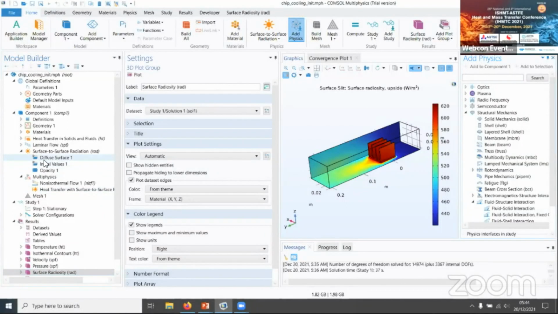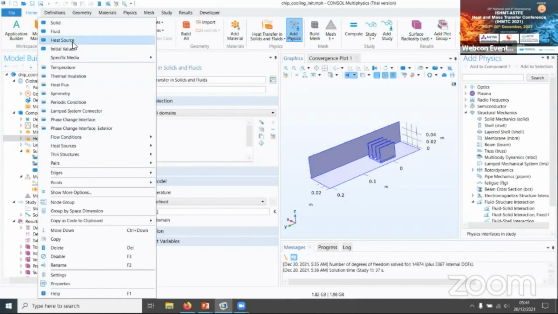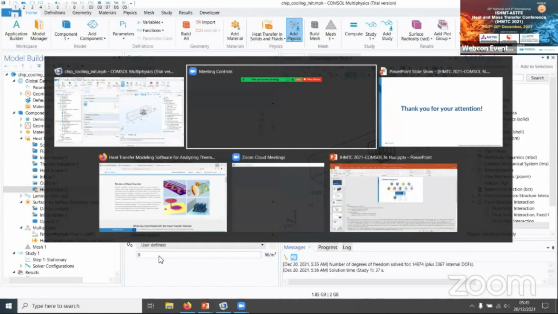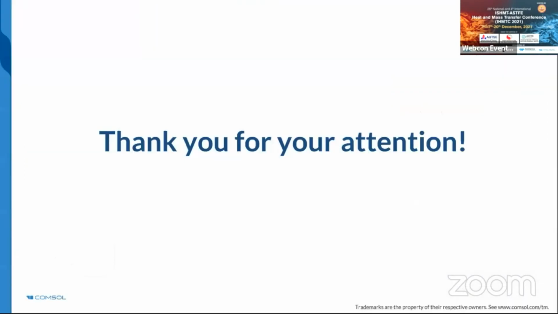But what is available is, assume you have a heat source coming from electromagnetic heating. Then as soon as you get another physics, you will get here a list of all the sources that are defined. And that's the same for all the physics. If you have a temperature that is defined and you have a temperature dependency in another physics, then you will be able to pick in this drop-down list all the inputs that are defined by all the physics. So it's predefined in some cases, and in other cases you get an assistance to pick the contribution for each physics and to match them together.